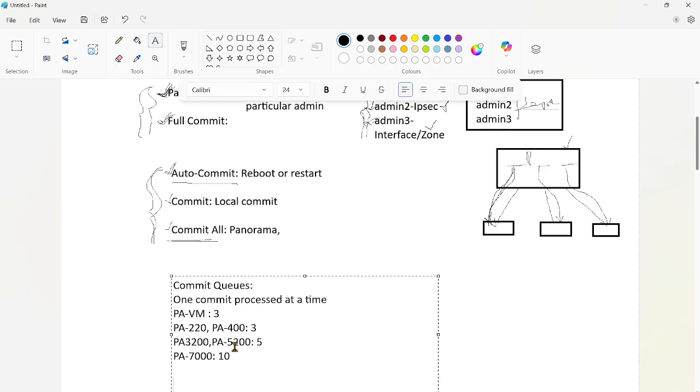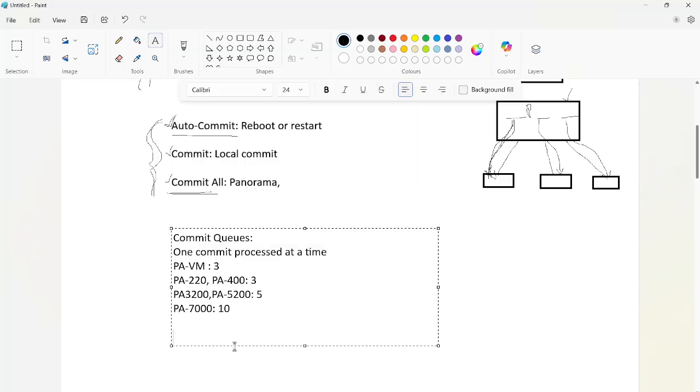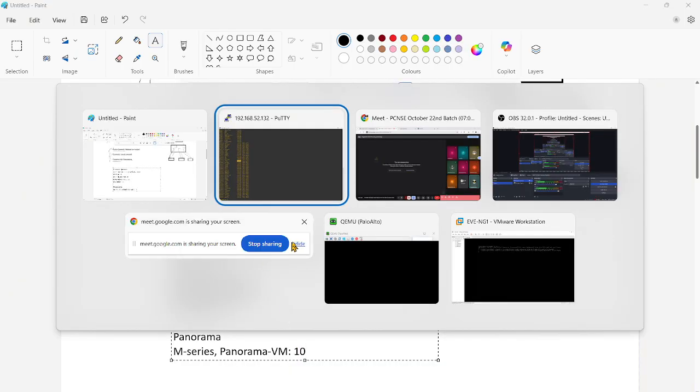And then we have Panorama, which also has hardware and software. The hardware is called the M series, and then there is the Panorama VM. All the Panoramas support up to 10 commits to be queued when one commit is processing.